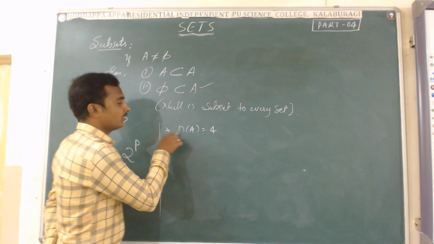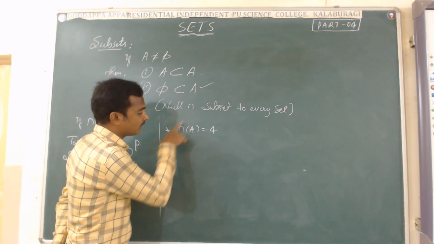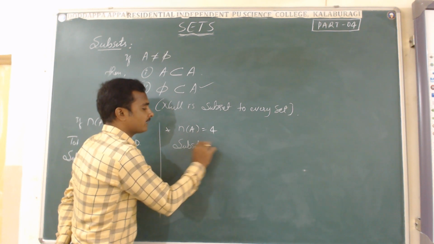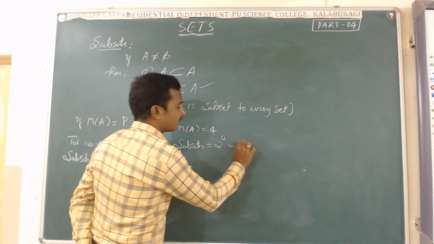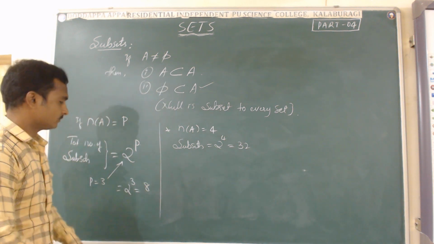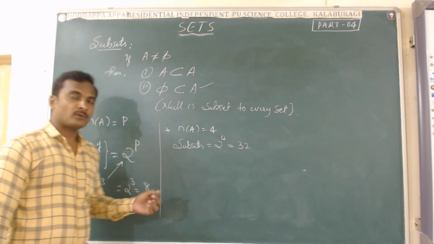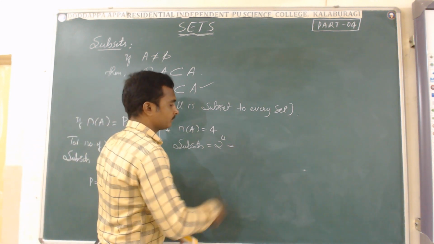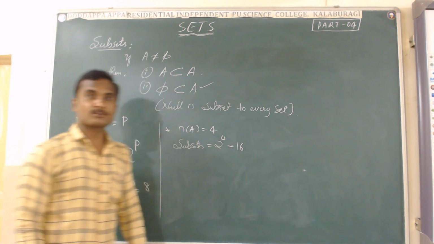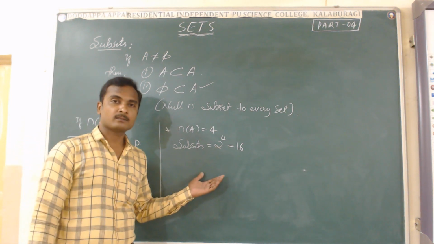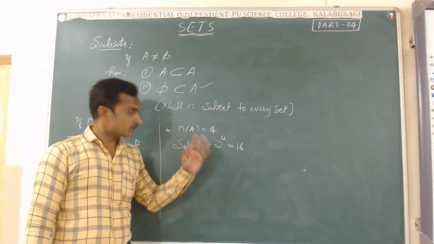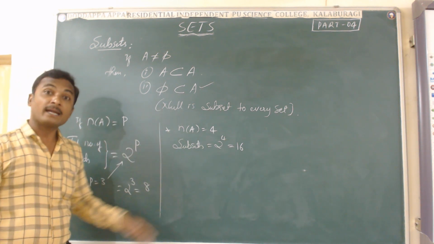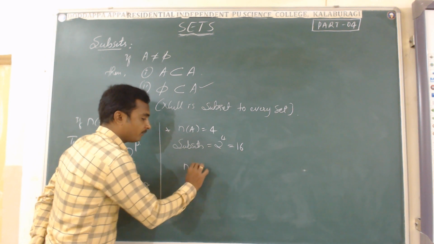You can observe here that if n(A), the total number of elements of A, is 4, then the total subsets are 2 to the power 4, which is 2 to the 4, 4 to the 8, 8 to the 16. There are 16 subsets in there. 16 subsets can be constructed. Similarly, n = 5, n = 6, n = 7. And even if n(A) is 0,